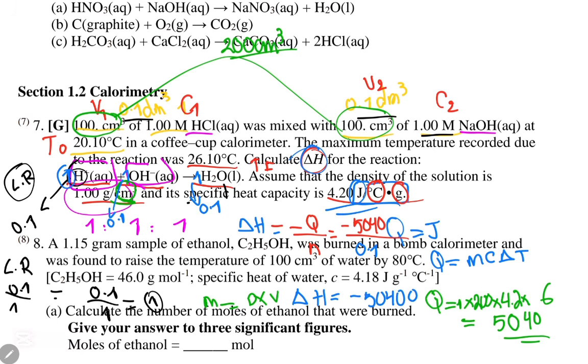50400, right? But this is in joules per mole. So I need to change it into kilojoules per mole. So I will divide it by 1000. So divided by 1000, and I will get an answer of minus 50.4 kilojoules per mole. That's it